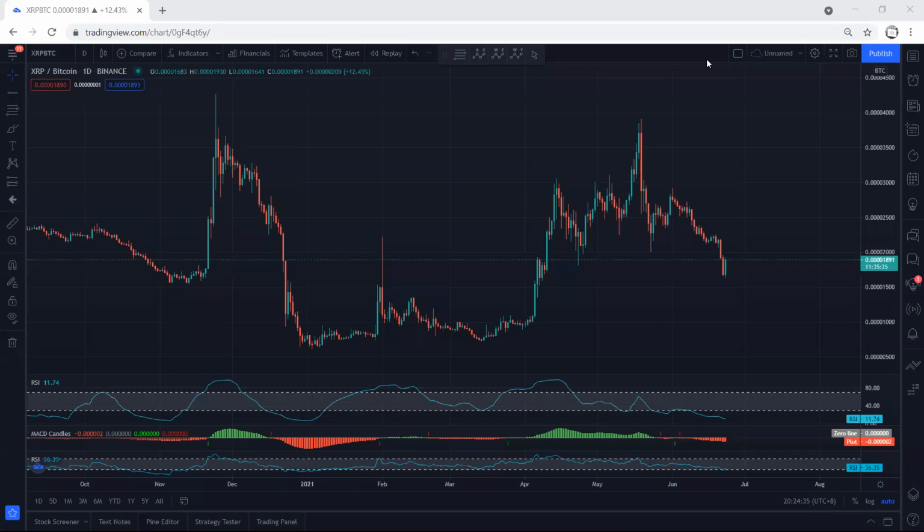XRP, we start with the intro to analyze the XRP versus Bitcoin. If we refer to our analysis, since the price was within this move, we mentioned the different possibilities, and even I mentioned we can expect this one to turn flat in relation to this move, and the price we can expect to drop. As we know, both Bitcoin and XRP were dropping, and the XRP dropped more than the Bitcoin. That's why we get this situation.